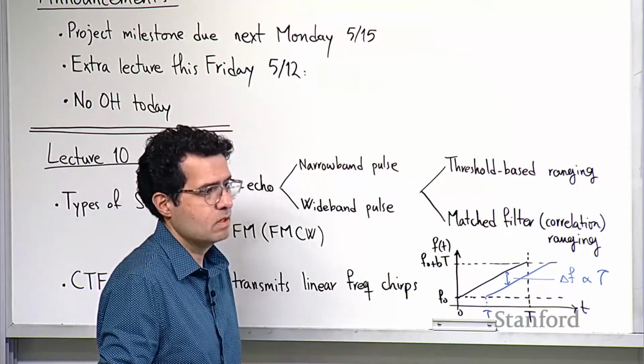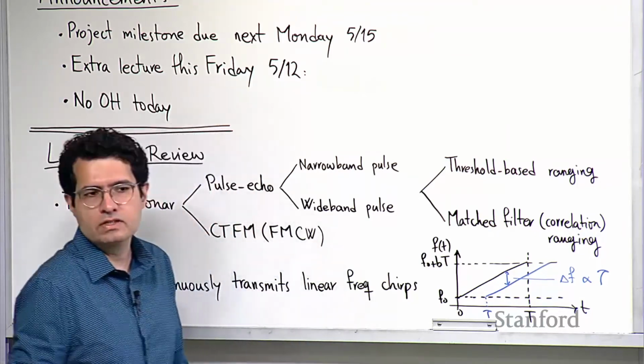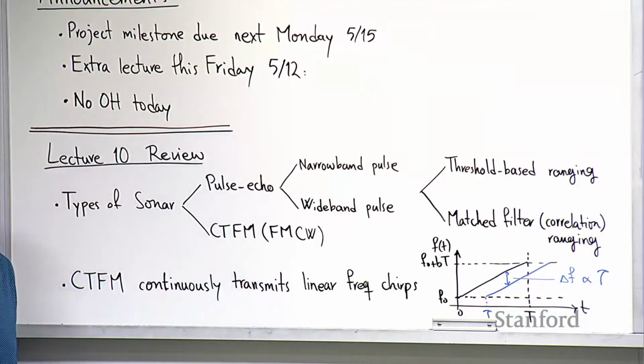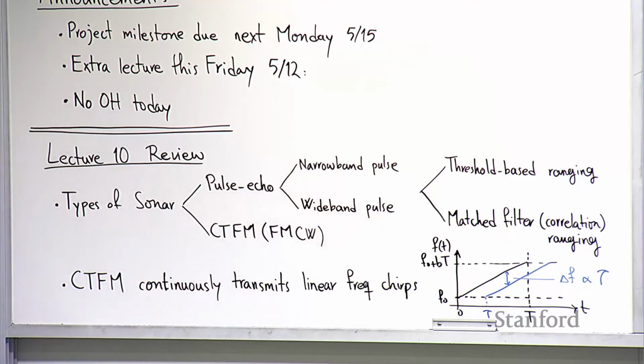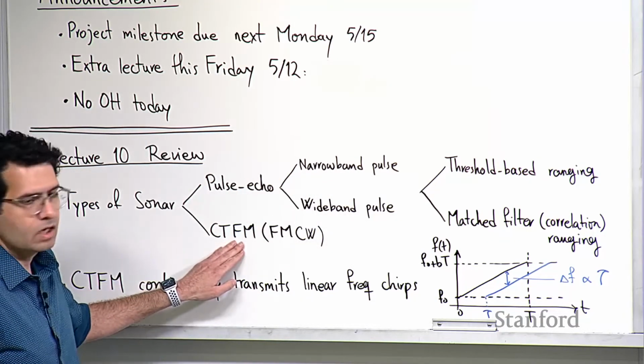PN sequences also work, of course, but they're a bit overkill, I would say, for sonar, because for sonar we're dealing with short range applications. You don't need codes with very high SNR. Okay, so this was about pulse echo sonar. Then we started talking about